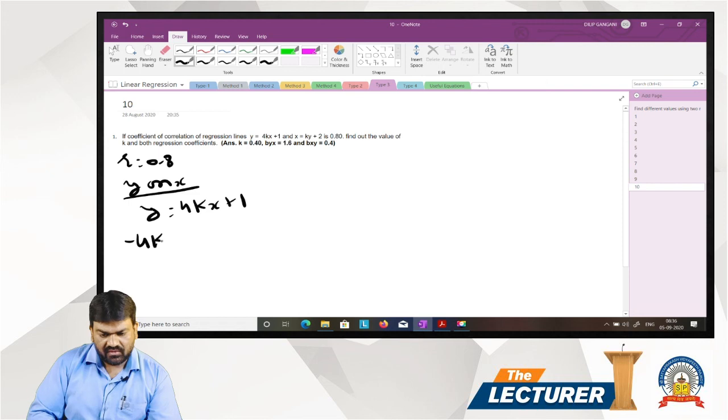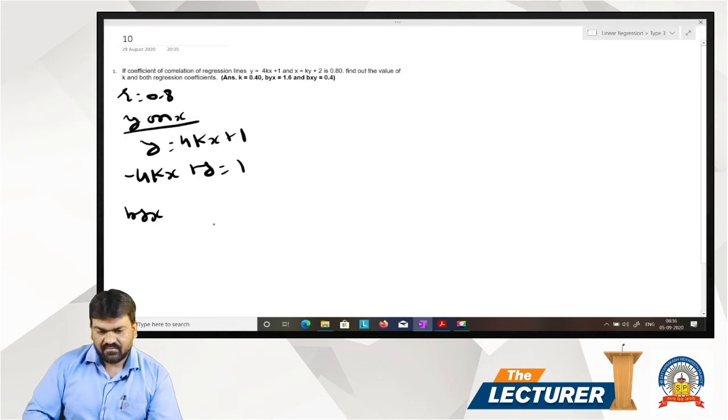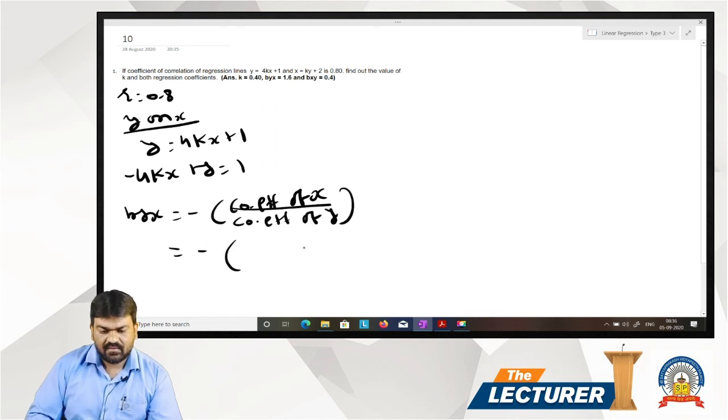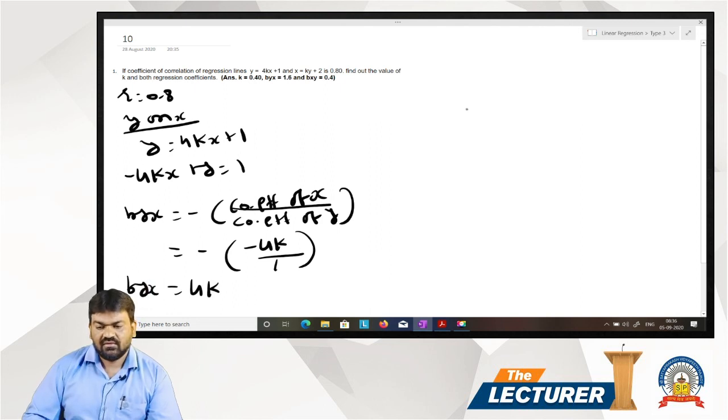minus 4kx plus y is equal to 1. byx is equal to minus coefficient of x divided by coefficient of y, minus coefficient of x minus 4k, y 1, that is 4k. byx is 4k. X on y,